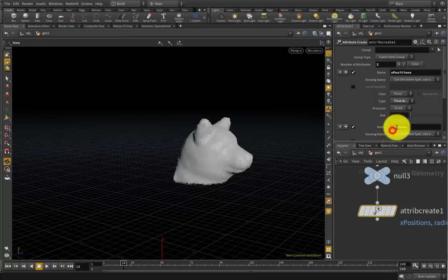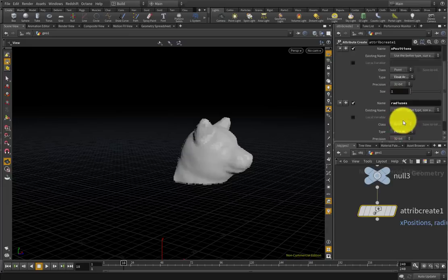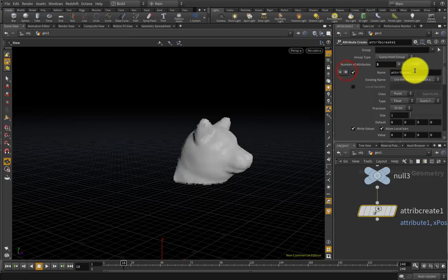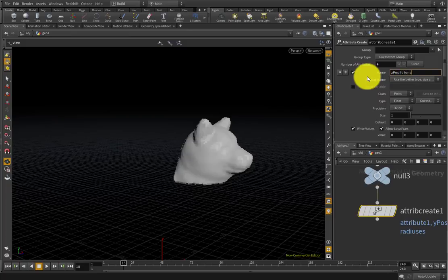Oh, but it's a float array. And this one is also a float array, radiuses. And another one, Y positions, float array, Z positions, float array,